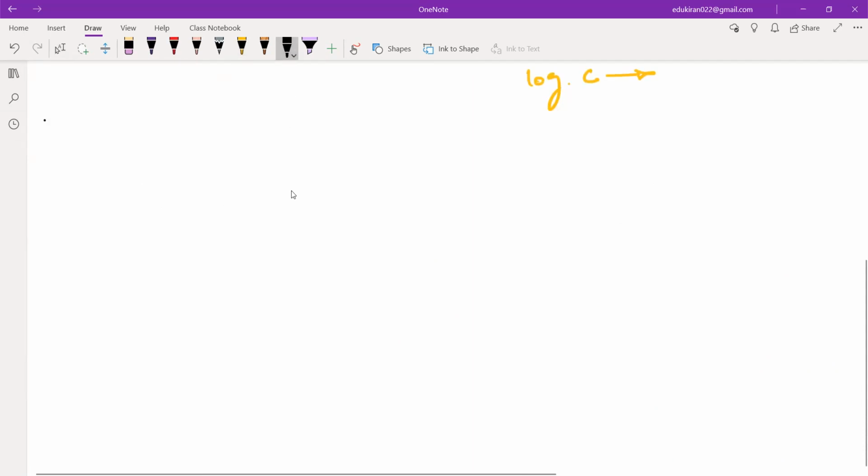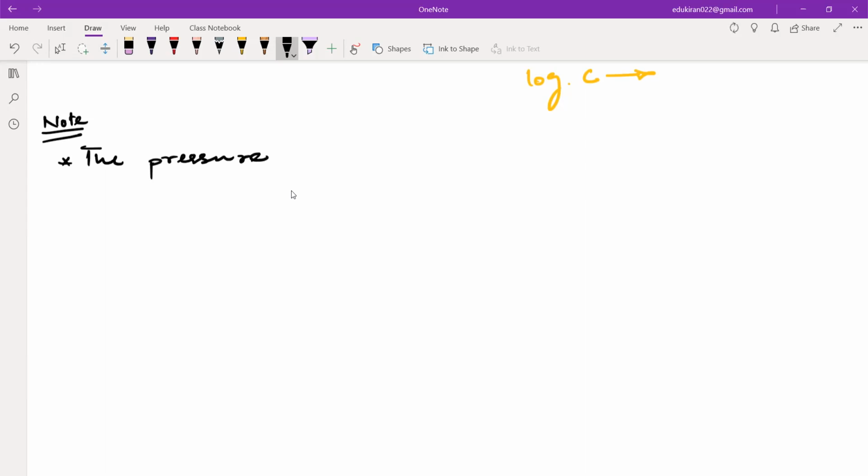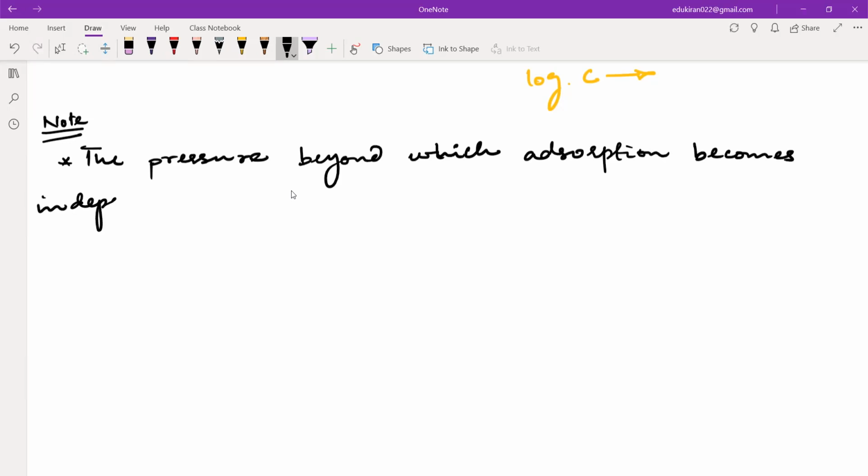Now write a note. The pressure beyond which adsorption becomes independent of pressure is known as